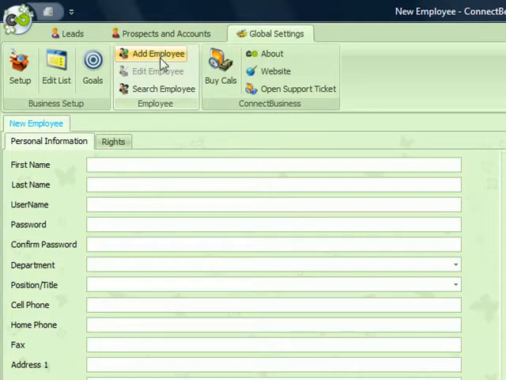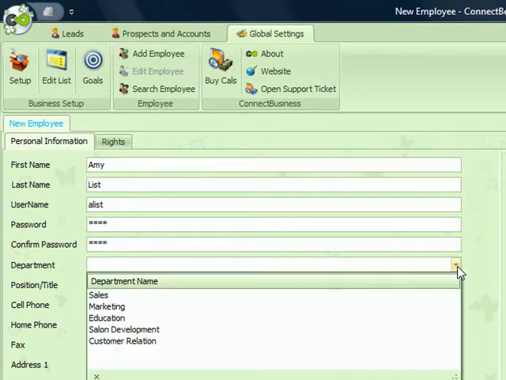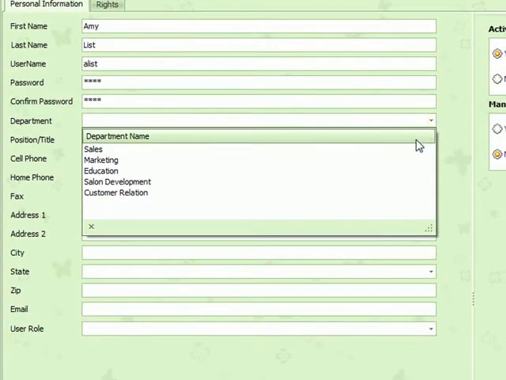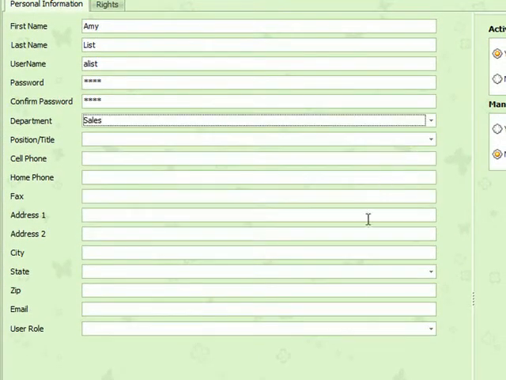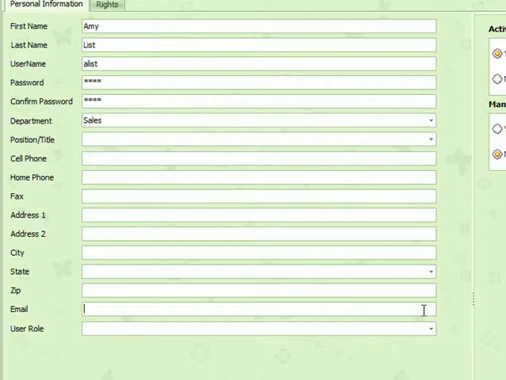Now, in the essence of time, I'm going to quickly just enter some basic information. For example, first name, last, username, password, and confirm. Department. Department assigns what area of the company the employee is in. Let's add an email